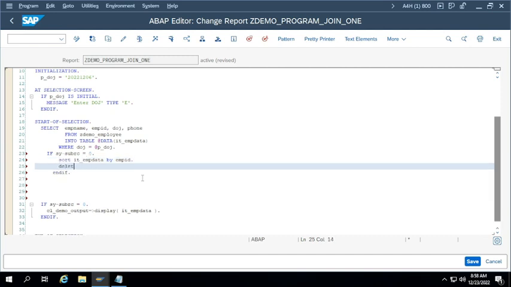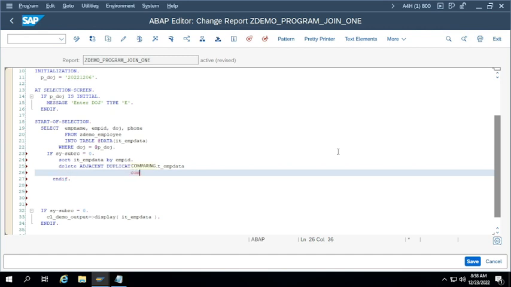Delete adjacent duplicates. So what is the statement we use to delete the duplicate records from the internal table? The delete adjacent duplicates statement. Okay, from internal table name